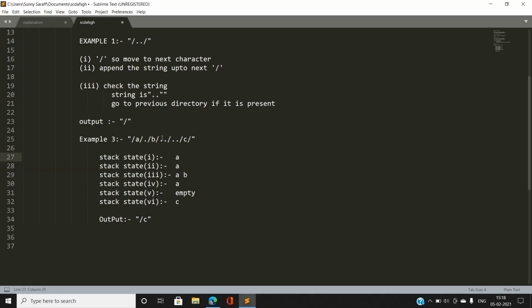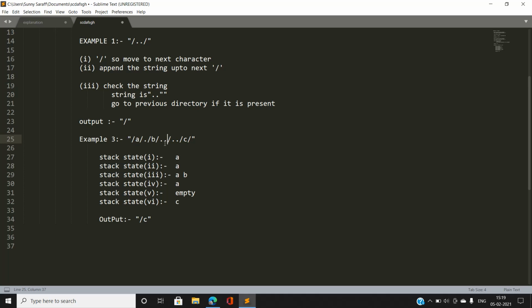And if again we have encountered b, so our new directory is b. This is not a dot and this is not a double dot. So I'm going to push that string between the two forward slashes into my stack. So our new stack state is a b, where b is the topmost element, denoting that I have currently visited directory b. Again you can see there is a string between two forward slashes that is a double dot. This double dot is going to denote that we just go to the previous directory. So I'm going to do that using my stack, which is already stored.